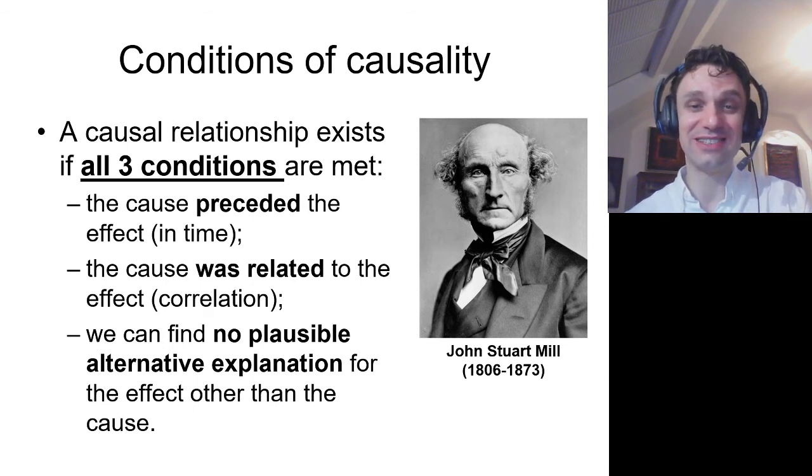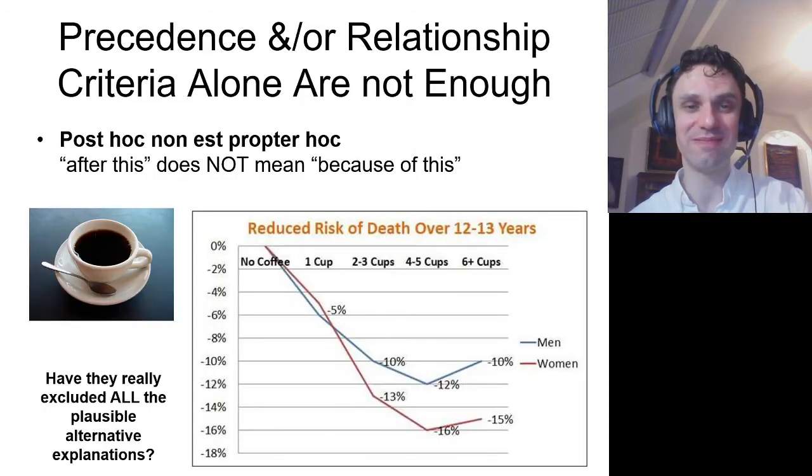And all these three conditions must be met in order to make our causal inference. Now, the third condition is very important, but it is very difficult to meet in actual research. Let's take, for example, this longitudinal study, which I'm particularly fond of, being a very strong coffee consumer